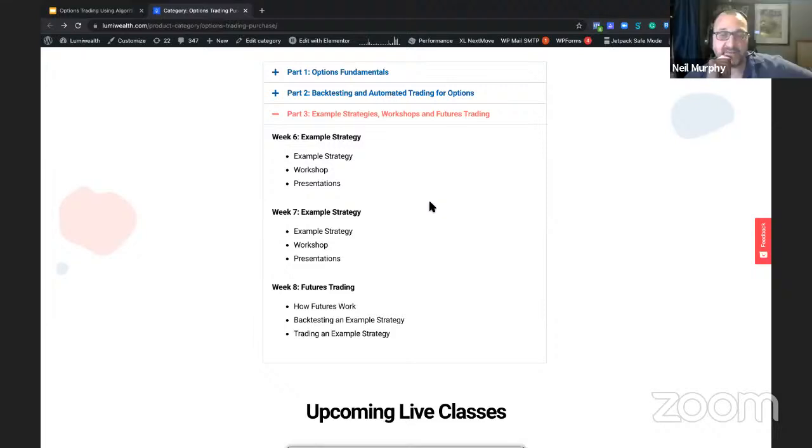The real thing about the third part is that it's busy. It doesn't look busy on the screen here, but it is. By going through these examples, we'll uncover all sorts of things that you don't really get into when you're just looking at, for example, the initial part. Say you want to do a signal off of hourly bars, but we have minute data. We teach you how to do resampling. And that's just one example, but it goes on and on. There's just a ton of different things that the workshop with the examples will bring out. These were very busy sessions, all three of them.